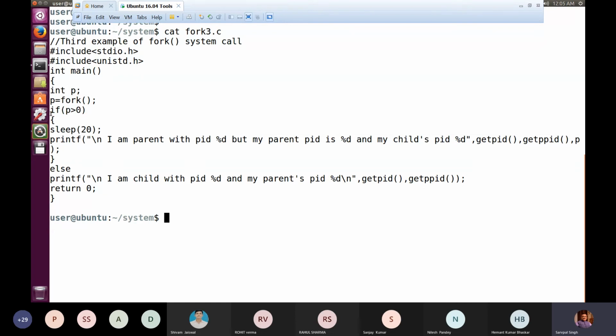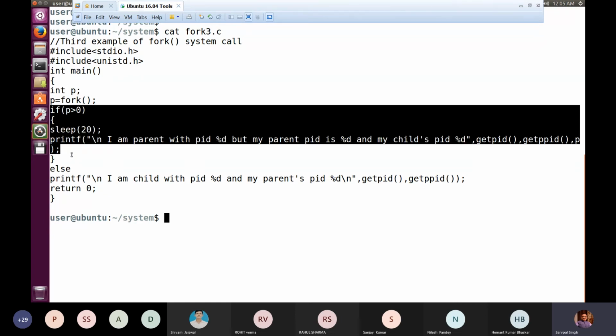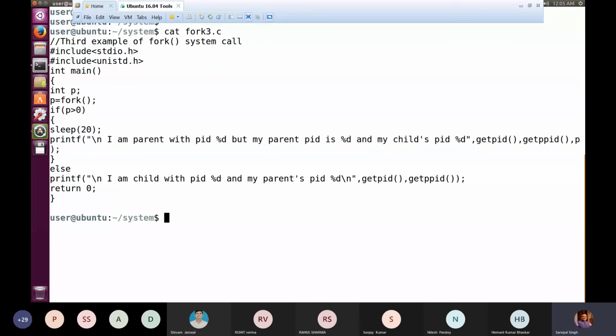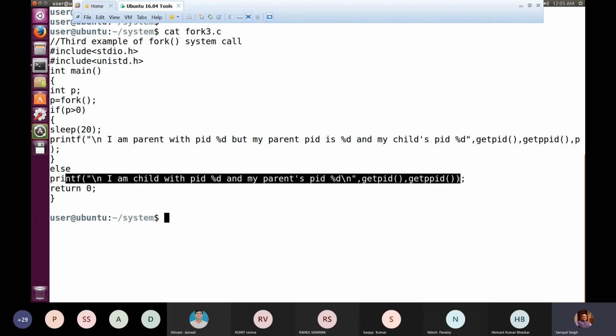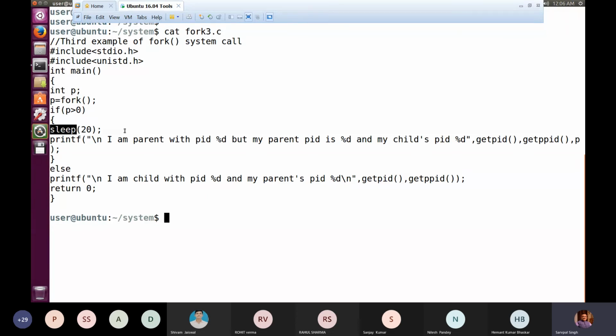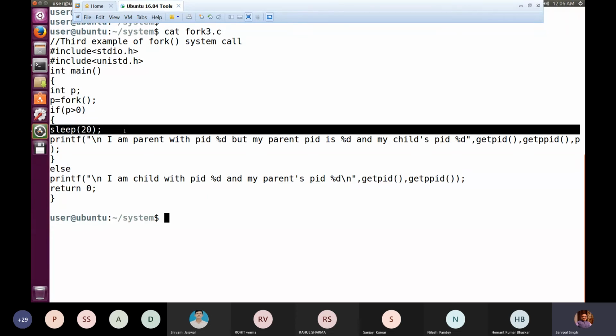So because of that only this part will not be executed in the child process, the else part will be executed, okay? The else part will be executed. So what is happening in the else part? I am child with PID this, and this message will be printed on the screen, and with that the execution of the child will be over, and control comes back to the parent, which still may be sleeping in the sleeping mode.